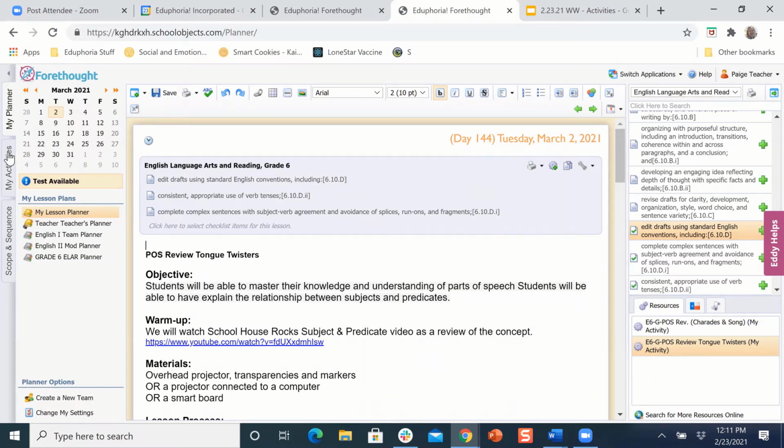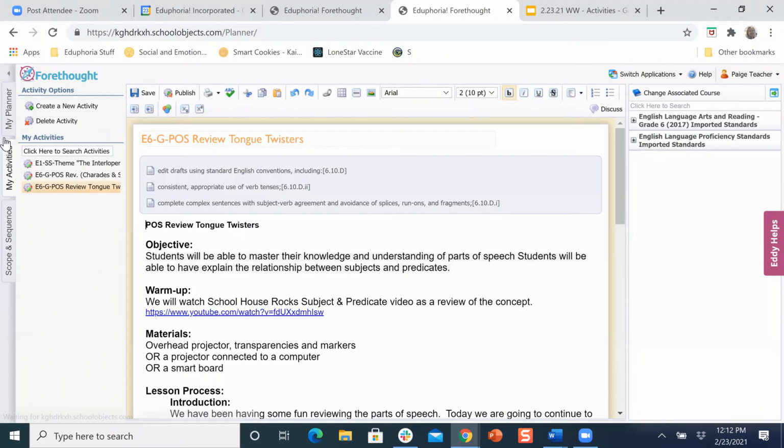But if this is a good lesson and I think others would benefit from it, or if my appraiser is doing a walkthrough when I'm teaching this lesson and says, hey, I'd like for you to share that with other teachers, that was great, then I can come back to that activity. So I went back to my activities tab. I'm going to click back on the activity that I created and named,